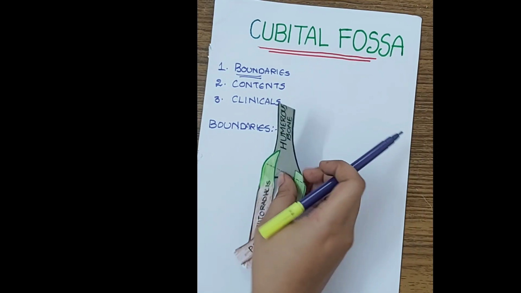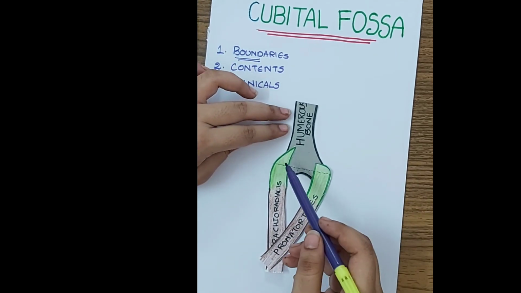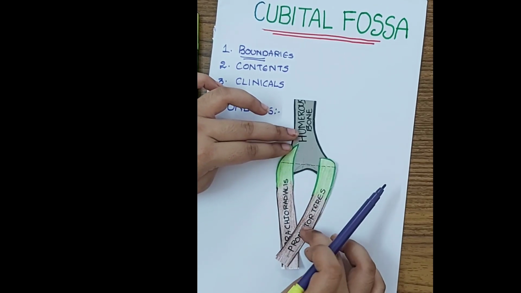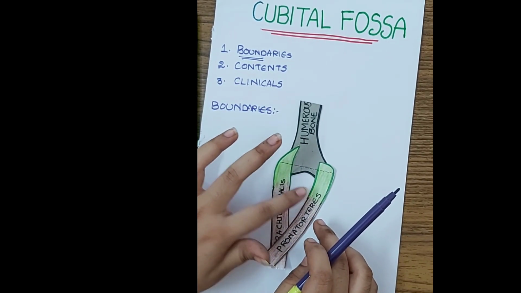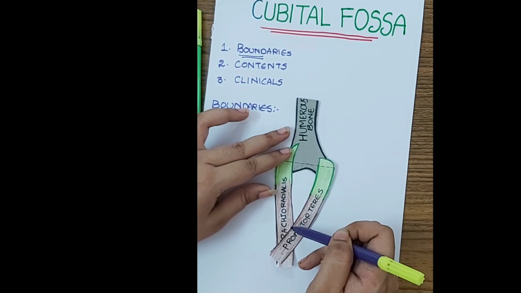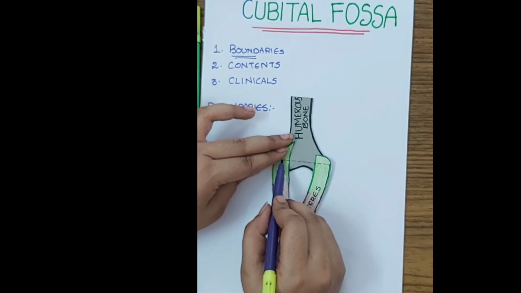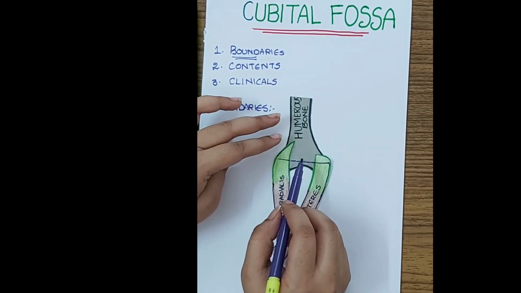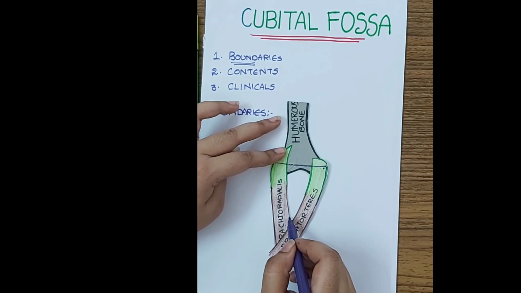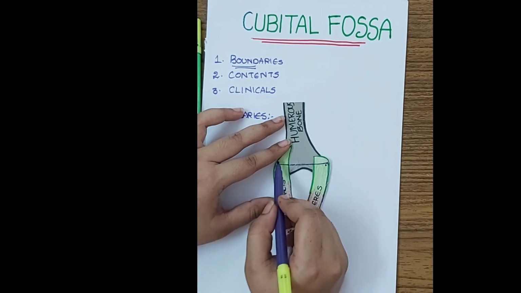So, in boundaries, I have a small model. Think of this as the humerus bone, and this is the brachioradialis muscle and pronator teres. Now, this is the cubital fossa. Boundaries: laterally the medial border of brachioradialis and medially the lateral border of pronator teres, and the base formed by the imaginary line drawn joining the two epicondyles of the humerus, and the joining of pronator teres and brachioradialis forms the apex. So, in this way